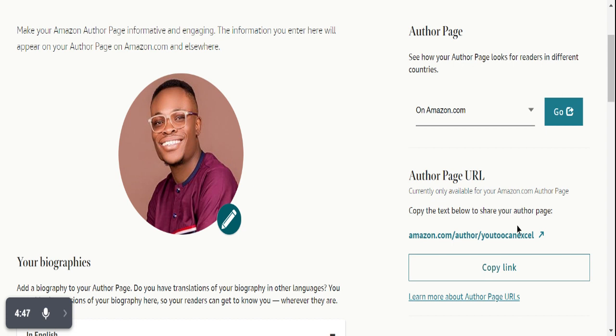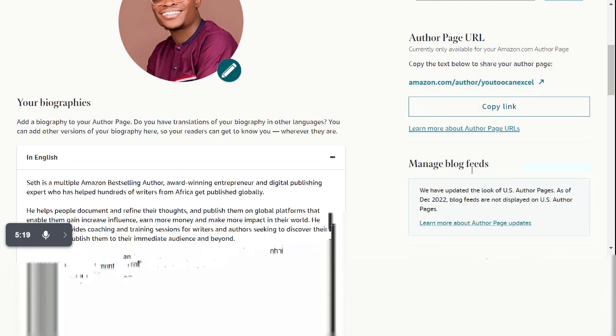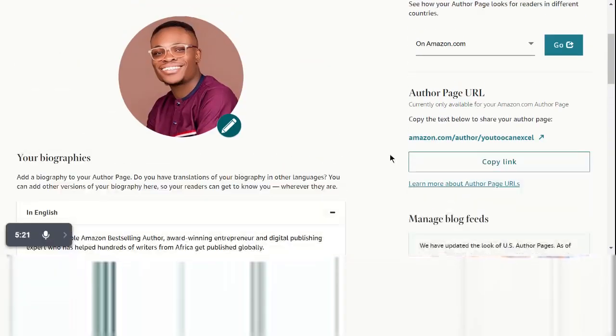The downside of this is that the moment you select any username or any name attached to this, you cannot change it again. And this is only applicable to the US marketplace. So you can only have Amazon.com/author/youtubecanexcel, for instance, but you cannot have Amazon.co.uk/author and so on. So you only have this available to the US marketplace. So having done that,